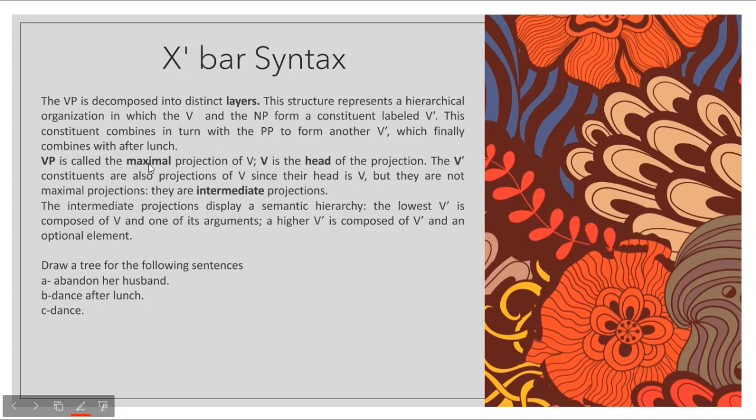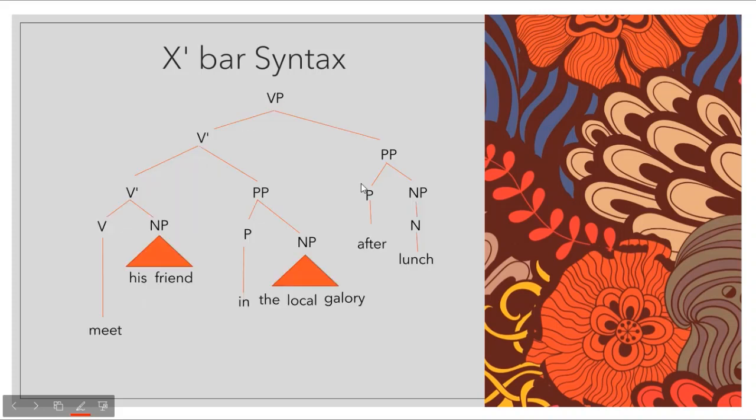VP is called the maximal projection of V. V is the head of the projection. The V bar constituents are also projections of V since their head is V. But they are not maximal projections, they are intermediate projections. Okay? So here this VP is the maximal projection, this is the intermediate projection, and this one